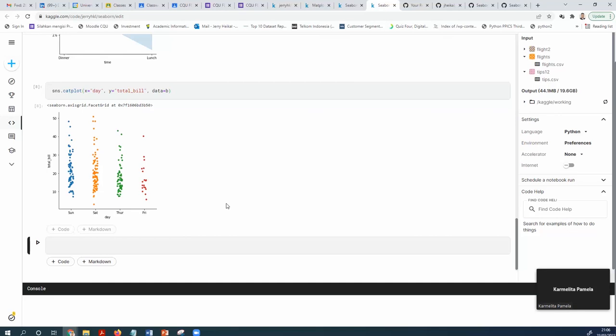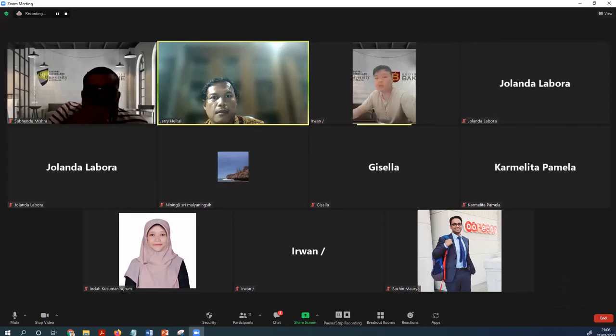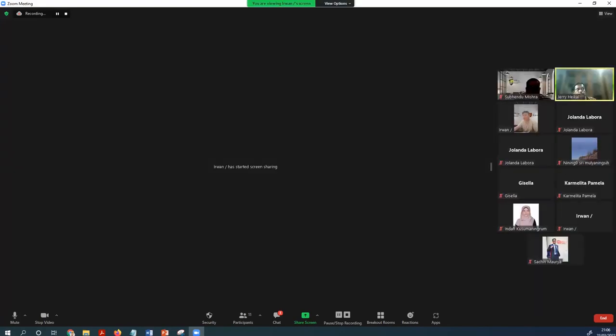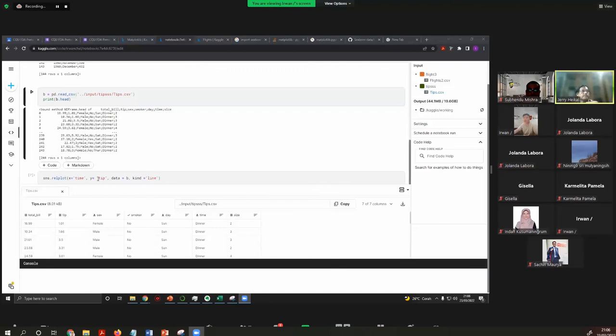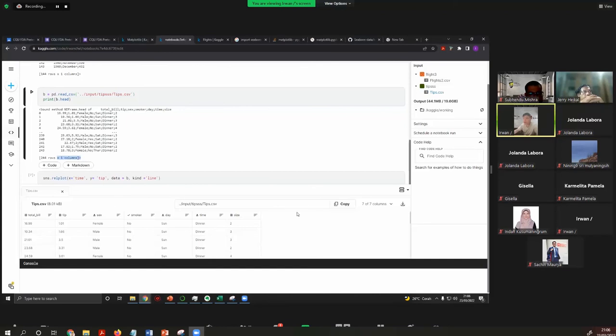Okay. So this one is using Seaborn. Yes. Can I ask about Kaggle? Can I share my screen? When I import the tips file, it shows only one column here, but in the file there are 7 columns.